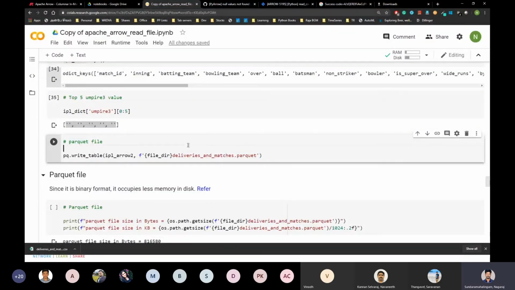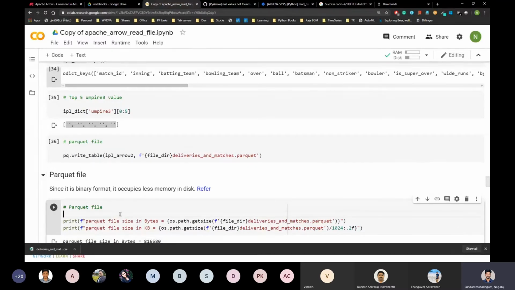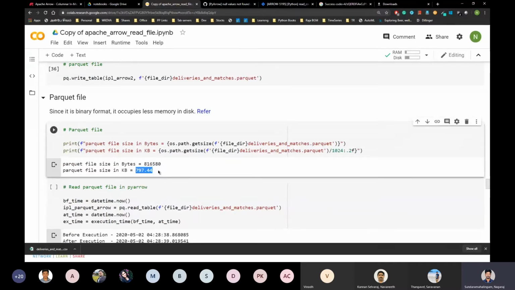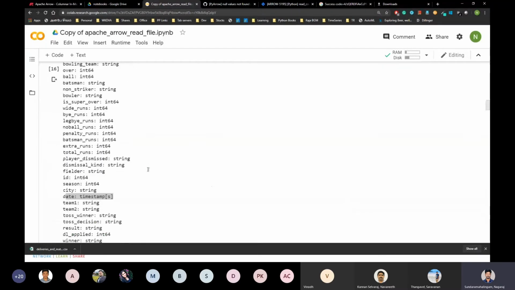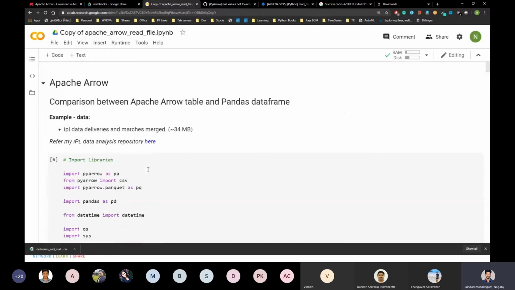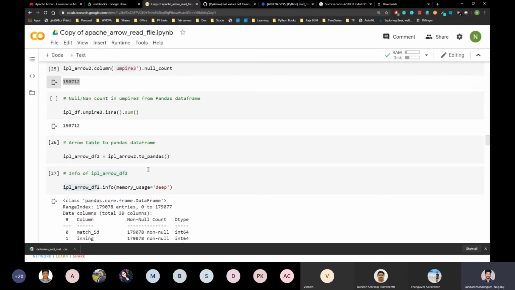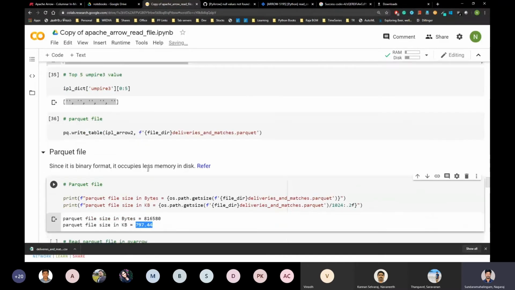So I'm writing the content to a Parquet file. It's a binary format. This is that method. See the size of that file in KB. I read a 34 MB CSV file and I am storing it to a Parquet file format. Since it is a binary format, it occupies less memory.